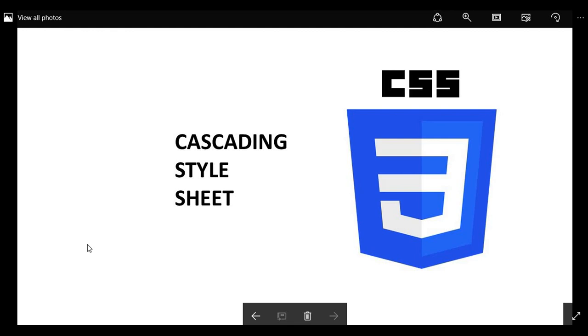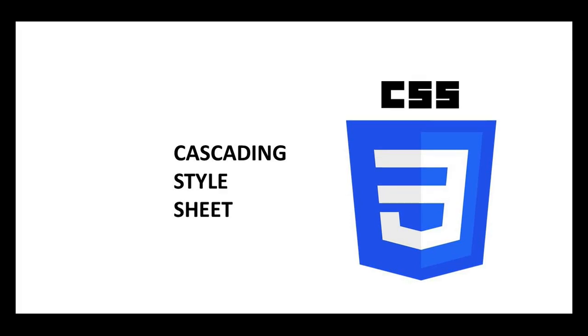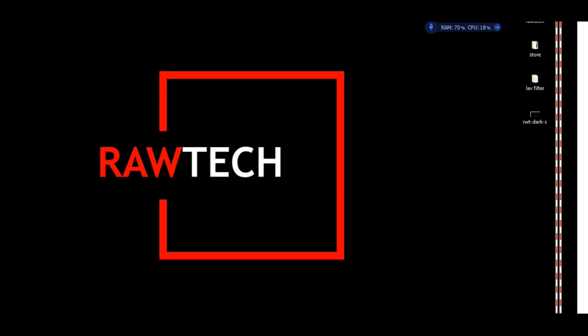Let's say you want to make the text on your website appear in green color or blue or any other color that you might want. You do that using CSS. And even if you wanted to put a background image on your website, that will also be controlled by CSS. Okay, so now that you know what HTML5 and CSS3 is, let's take a look at